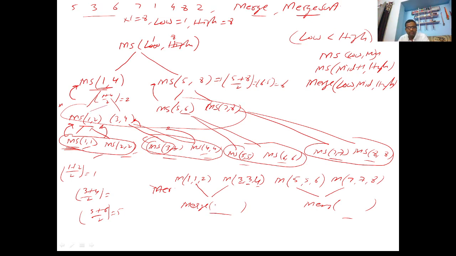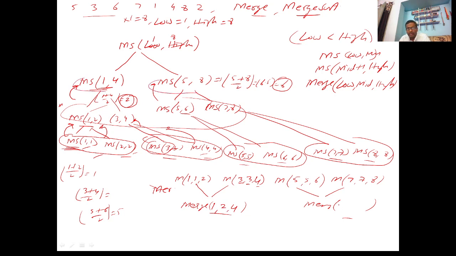So the value of mid, just look at this level. This was the value of mid out here. Fine, isn't it? And this was the value of mid out here. So we need to make a call with arguments low remaining equal to 1 and mid equal to 2 and high supposed to be equal to 4. Just consider these two.